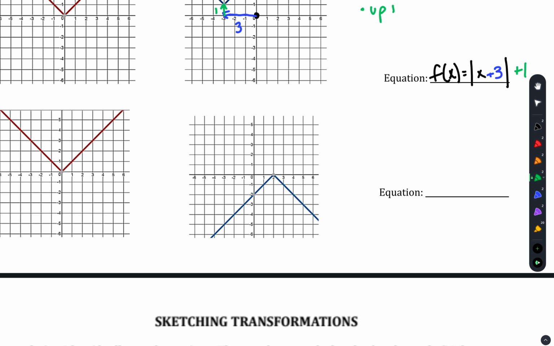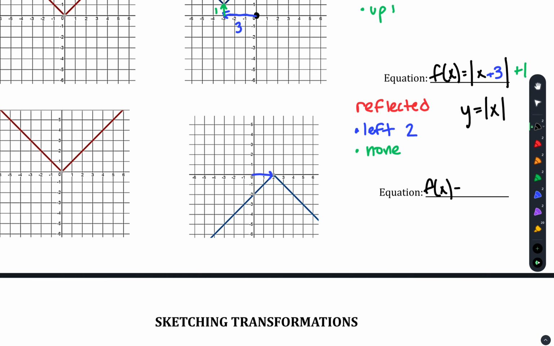Okay, last one. What do I notice about this problem? It is reflected, so we need to write that it's reflected. Then I'm going to take a look at the shift. It goes to the left 2 units. Does it go up or down at all? So the k value has no shift up or down. So my equation, parent function again, is y equals absolute value of x, because it's a V shape. So let's go with f of x equals